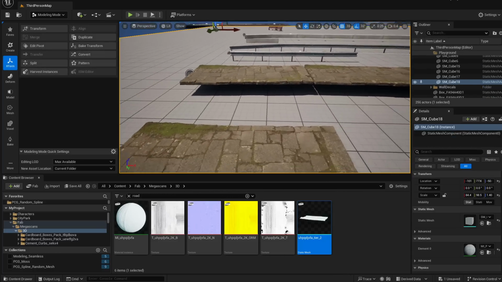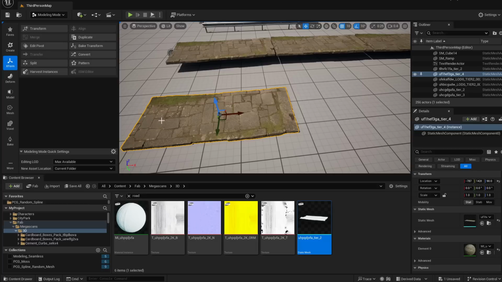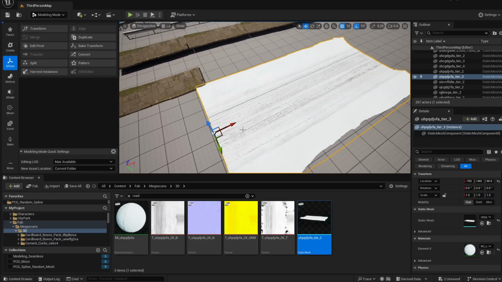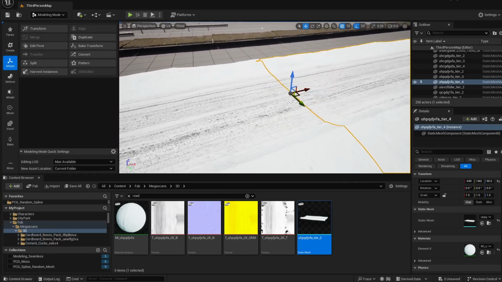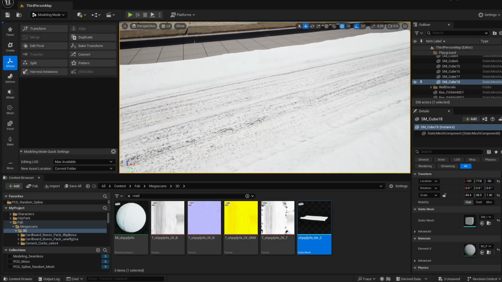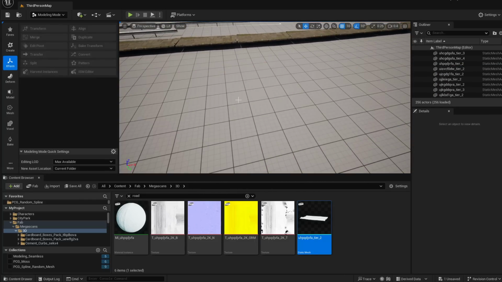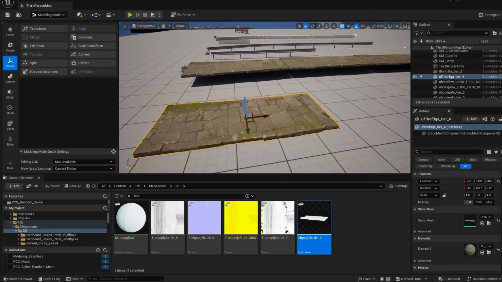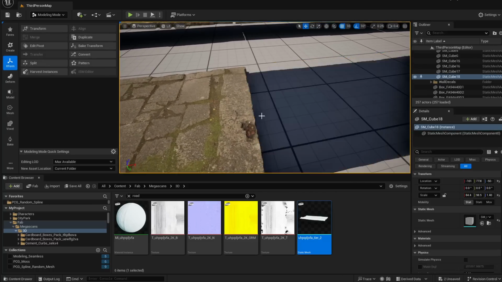The first issue that I've prepared an example for is a mesh whose beginning and end don't connect seamlessly. If you have a mesh where you duplicate it and place the ends next to each other and they are connected seamlessly, you have no issues using it with a spline mesh in Unreal Engine. But if your mesh doesn't fit the beginning to the end, like this Quixel mesh of a Japanese shrine path,